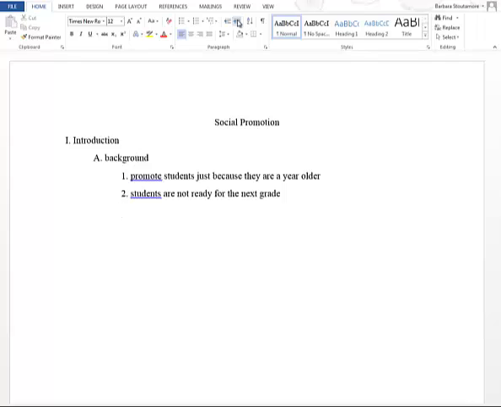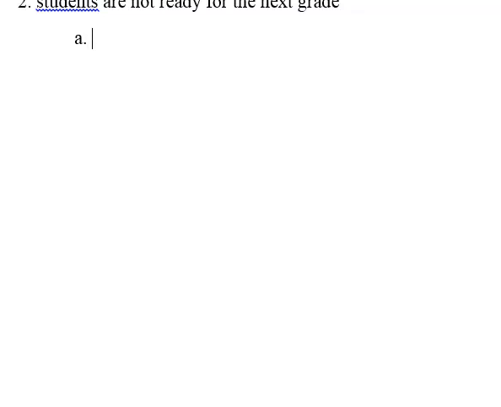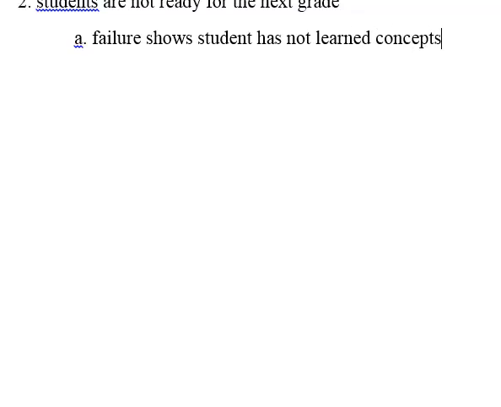Now at this point, I want to have more information under this particular point. So I'm going to indent a little more. I'm going to have a small a, lowercase a, and say failure shows student has not learned concepts. Okay, and B, this is setting the student up for failure. Alright, now I want to go to the next